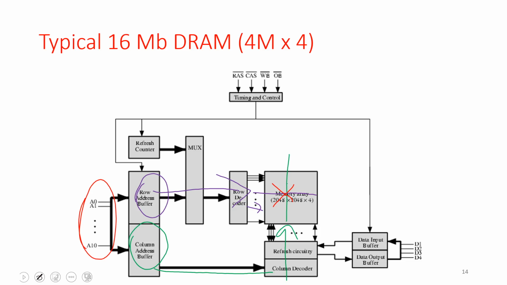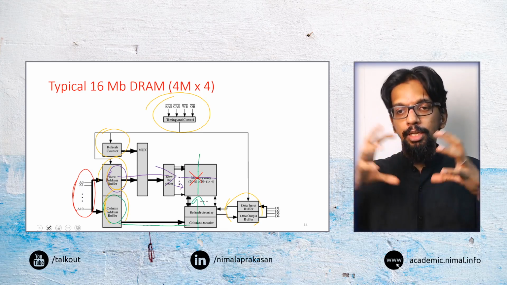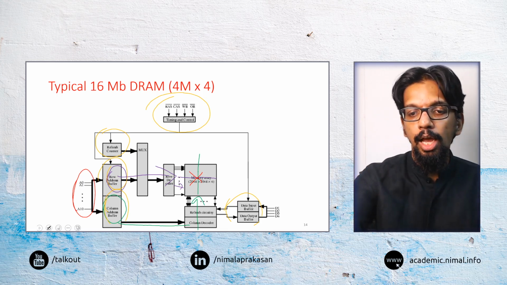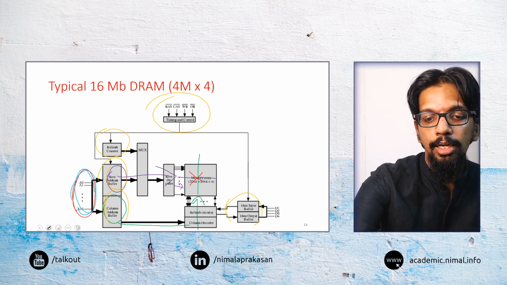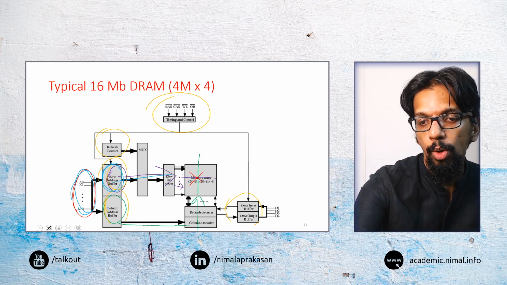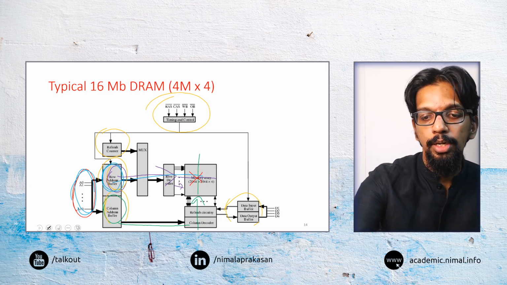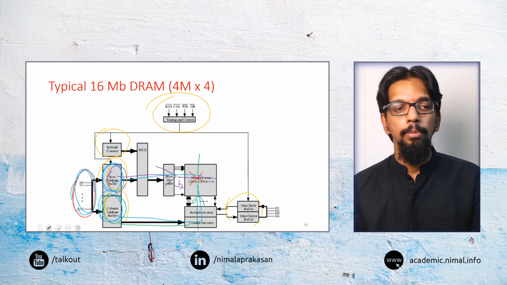In addition to identifying these two parts of columns, there can be other components such as refresh counters, timing controllers, input and output data buffers, and so on, that would actually make up a typical memory hardware. But the main idea is the concept of these addresses being split into row addresses pointing to the row in the memory array, and the column addresses pointing to the column in the memory array.